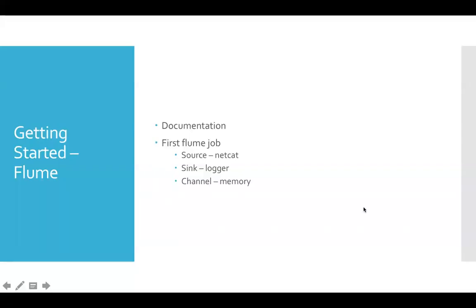So let us get started with Flume. We will get started with documentation, and then we actually get into setting up a first Flume job, and then we will actually see a bit of details about Flume. So for the documentation, you can go to the Google